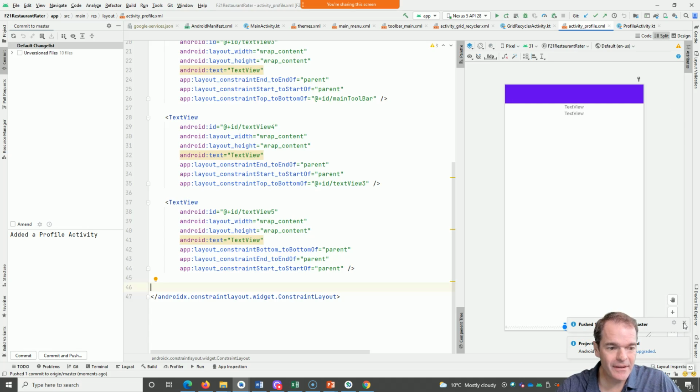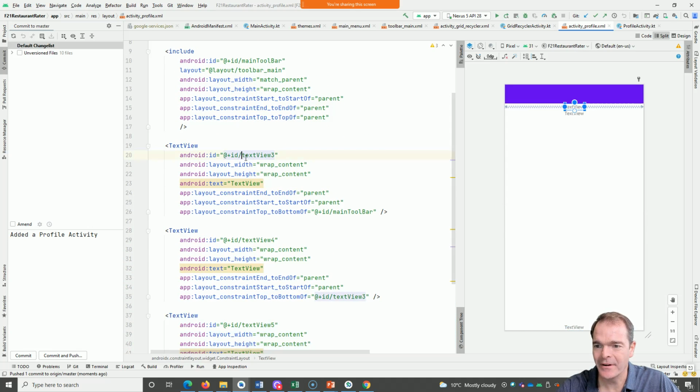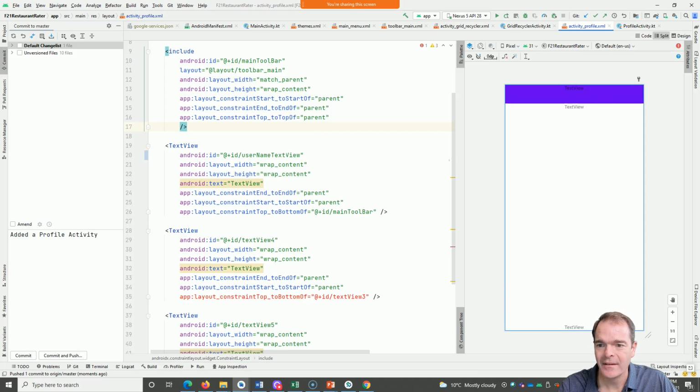I've gone to split view now, so that we can tune these a little bit. So this top one, where's my top one? There we go. This is going to be the username text view. And you can see when I changed the ID there, it broke it down here. So I'm just going to